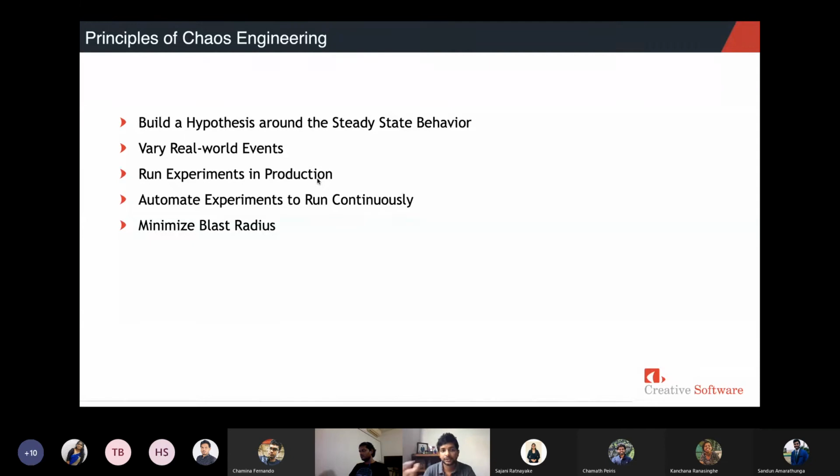But if you take the actual production traffic, you can see how the system actually behaves when there are real users using the system. So that's point number 3. And point number 4 is automate experiments to run continuously. As Pubudu mentioned below, this is not just a one-time test. We don't have to test this once and say, okay, our system is good, we are all good. No,